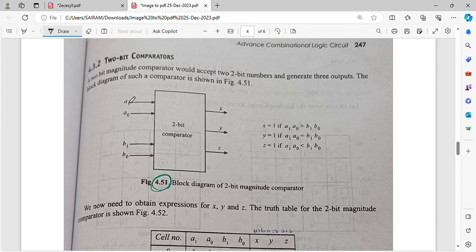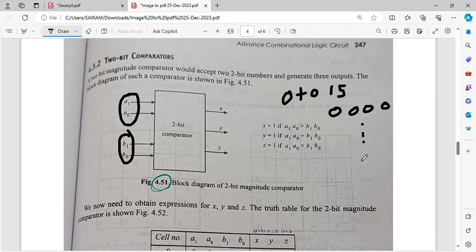So this is the 2-bit comparator. It has 2 bits, that is A1 A0 and B1 B0, and it will compare the 2 bits and produce outputs X, Y, and Z. The same, that is A equal to B, A greater than B, and A lesser than B. One more thing to add is that here you have 4-bit binary numbers that go from 0 to 15, so the binary numbers would be 0000 to 1111.